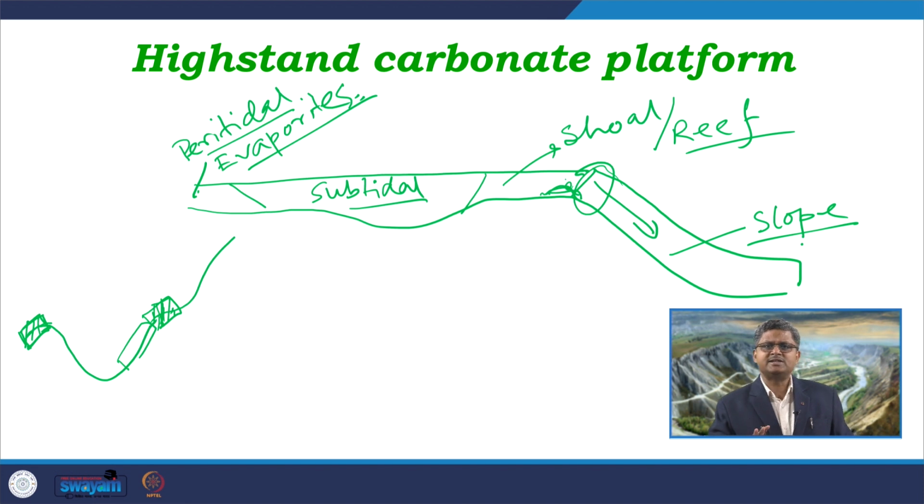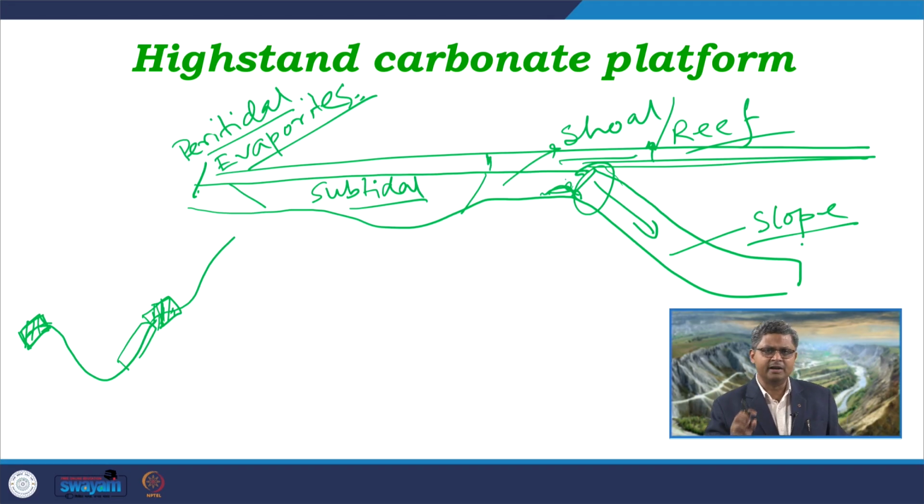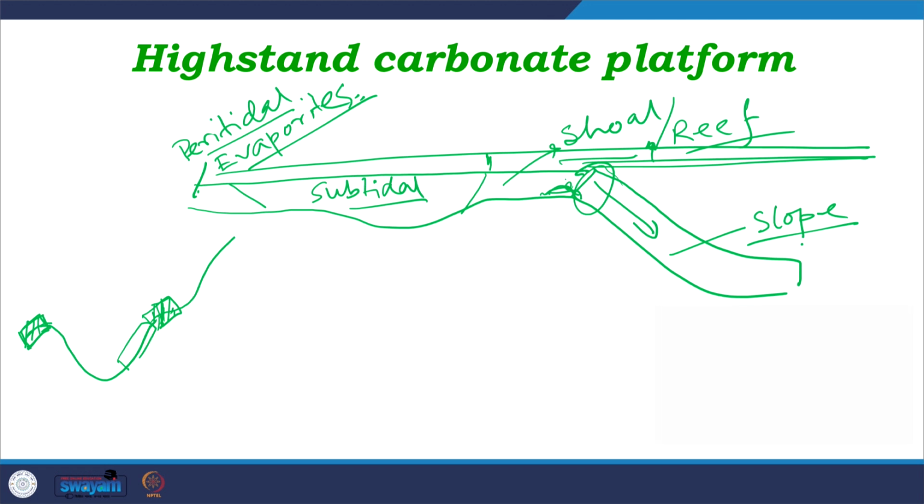So during the high stand condition, we get commonly the distribution of carbonate accumulation going on in these different zones, in these different parts. So when we are talking about this condition, what was the sea level? Definitely it is somewhere here. The sea level is somewhere here, or maybe even more than this, and this particular depth is maintained, which is remaining within the photic zone, and that is helping in continuous accumulation of carbonate.